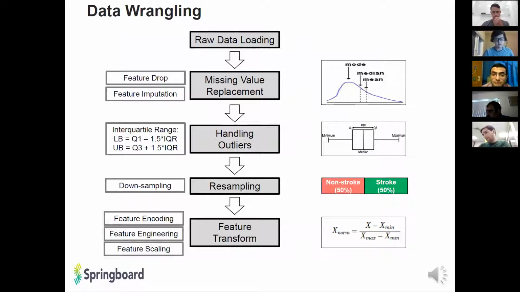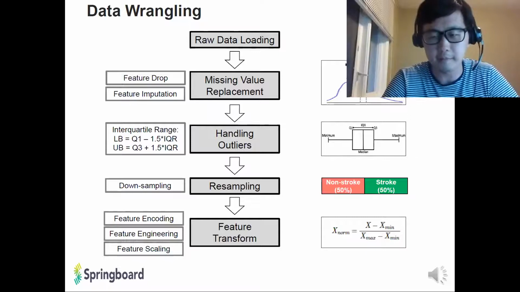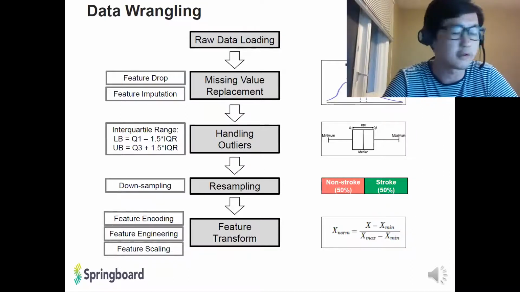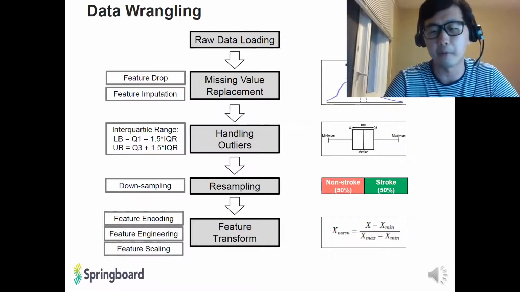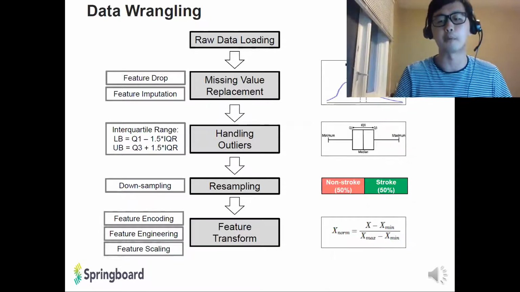Then, fourth, we need to execute the resampling. Resampling is very important because, as I mentioned earlier, my data set was highly class imbalanced. To deal with this problem, I took the downsampling approach, basically taking a negative subsampling from the major level, being non-stroke cases. So I matched the sample size of the stroke cases with a random selection of the non-stroke cases to have a 50-50 equal proportion. We could have tested different proportions, but in my case, I ended up using equal proportion.